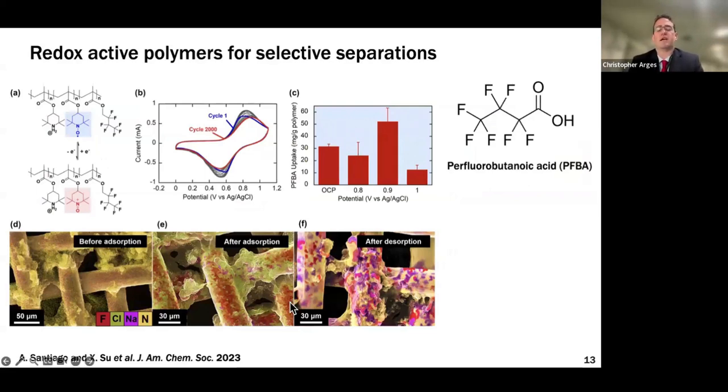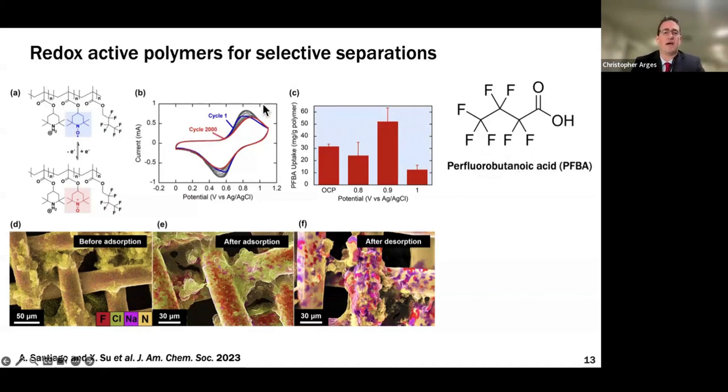So a colleague of mine, or not colleague, but friend in the area, Xiao Su at the University of Illinois at Urbana-Champaign. These are these redox active polymers. So you have like this temple group here on a polymer backbone. What he did in this nice JACS paper is add a repeat unit with a perfluoro group here. And what they were trying to do was remove perfluorobutanoic acid, which is a PFAS type of compound. So here you're going to get those van der Waals interactions between the PFAS compound and this redox active polymer.